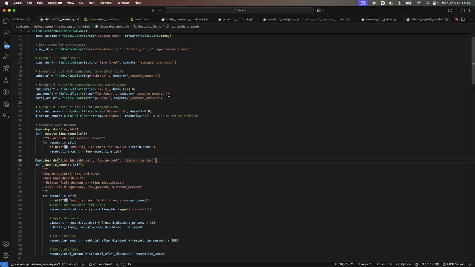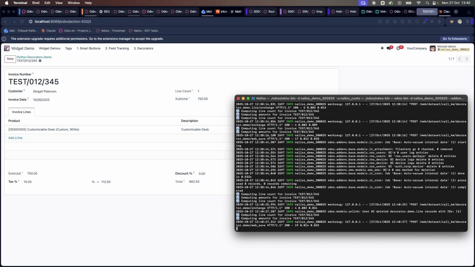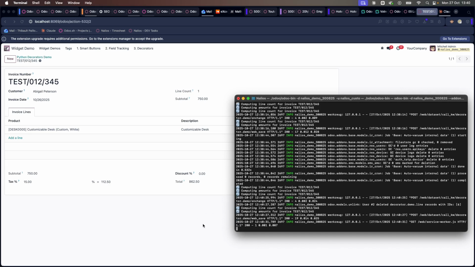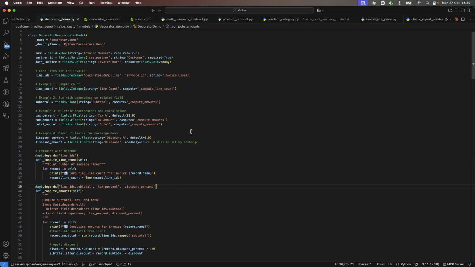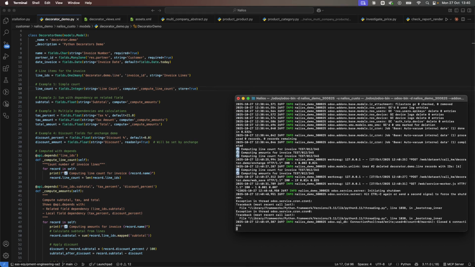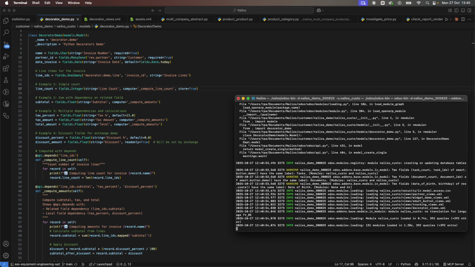So for instance, right now when I make changes, you're going to see the print in my console because I've added the logs, and it's triggered every time I update the fields that are in the depends. But as soon as I store those fields, for instance the line count, let's add store equal True. Yep. If I relaunch and we look specifically for the line one,